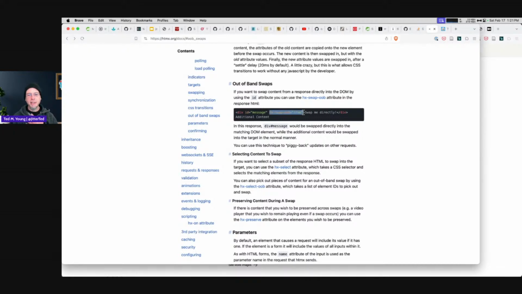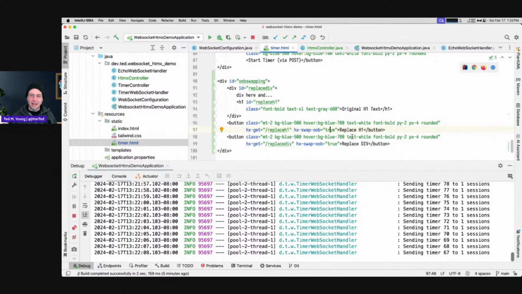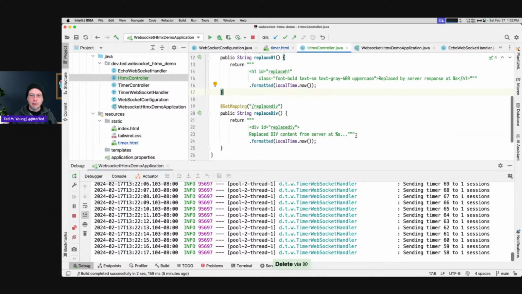Oh, so this would have to be in the response. So I need to put it in the response to say out of band swap true. Again, here's where I want to see before, response from server, after. So if we take this out and go to our controller and add it here,